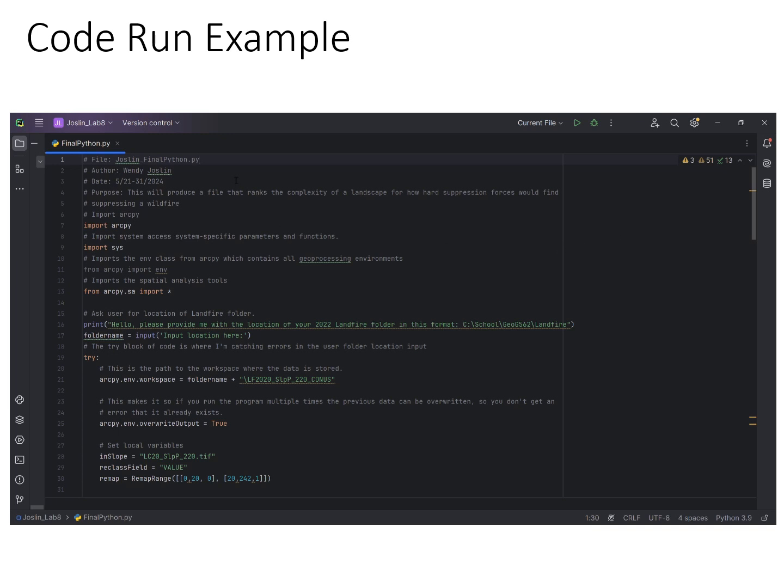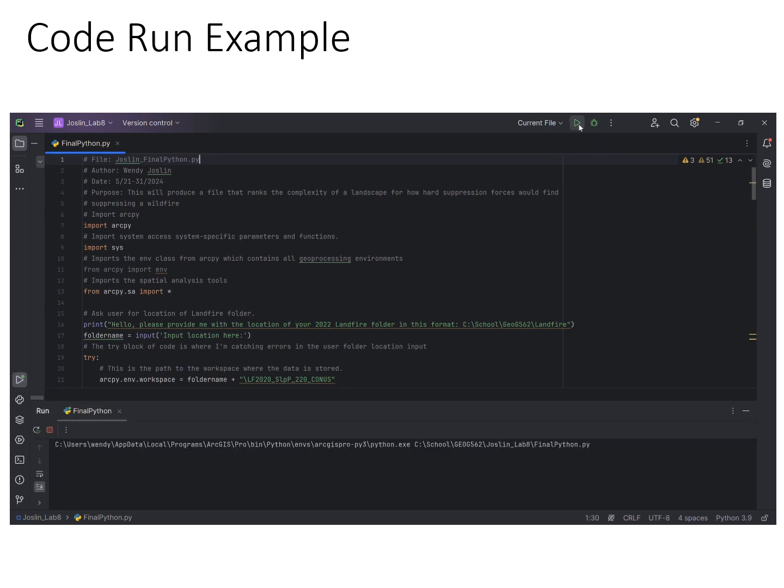Okay, here's a demonstration of my code running. Go ahead and click Run here. And the first thing that happens is that the code is going to ask for user input. You can see here, hello, please provide me with the location of your 2022 Landfire folder in this format. Input location here. And if I don't follow that format and I put in something that's really, really wrong